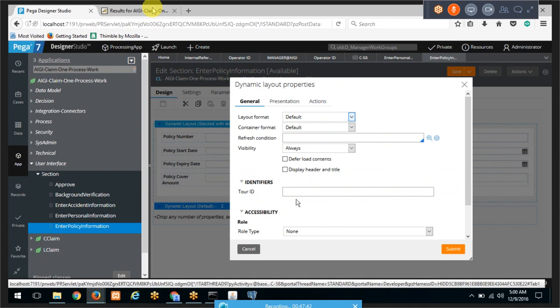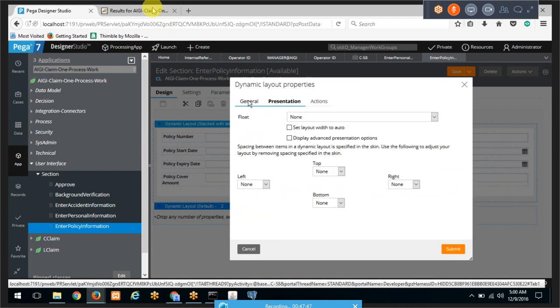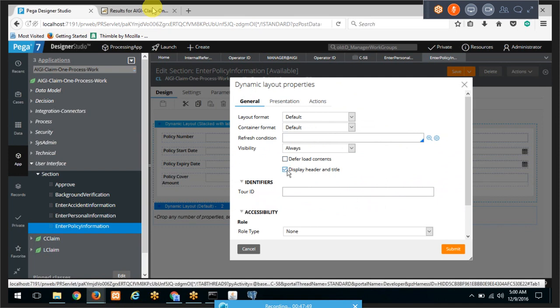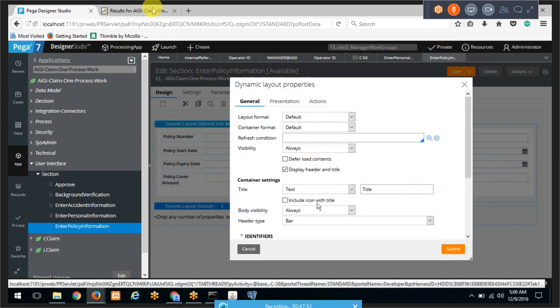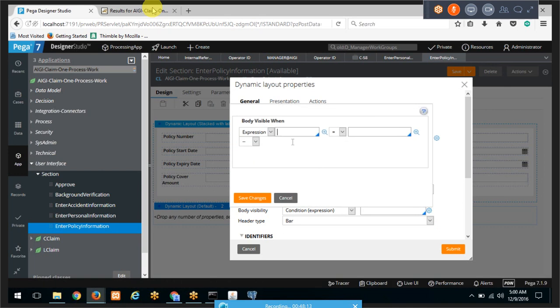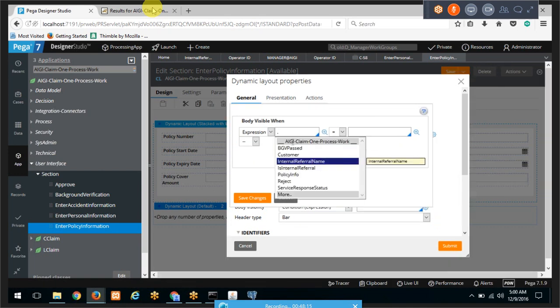I will give a title for this, display header and title. I'll give referral details, and again we will have a visibility for this one, and say dot is internal referral